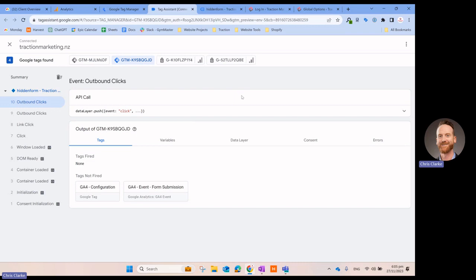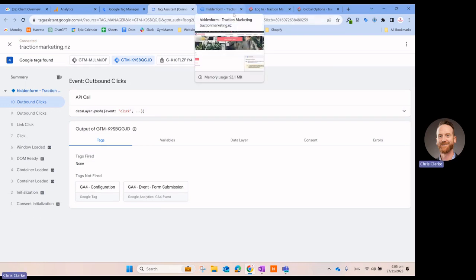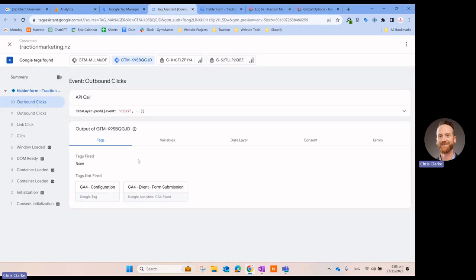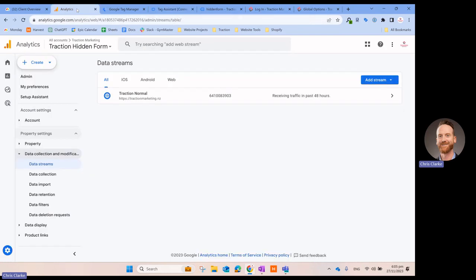And then if I have a look in GA4, we'll see the events which are coming through. I'll jump in there in a sec. So I've clicked on that. We've had this click event here. It's fired. And then if I go into Google Analytics and have a look,